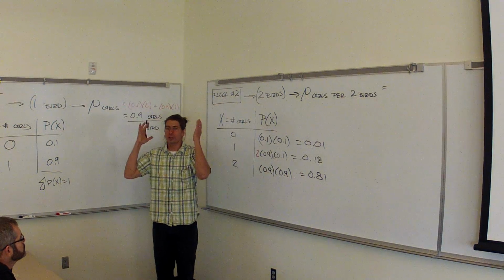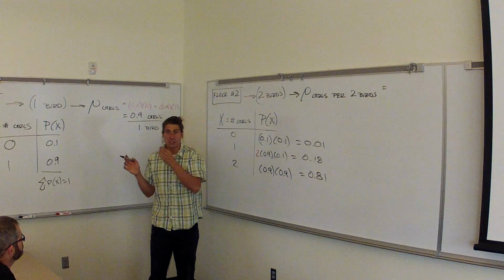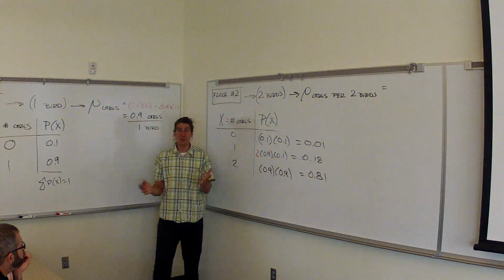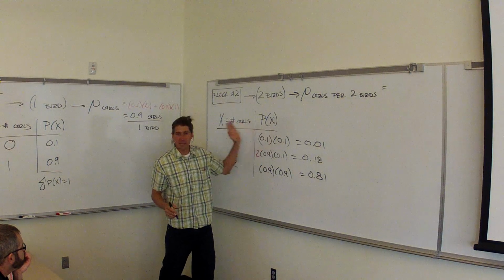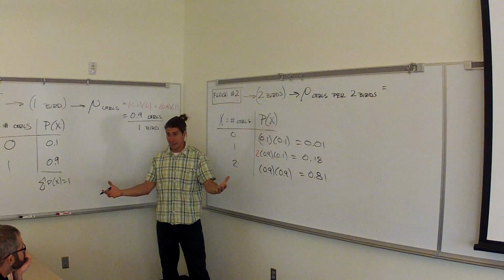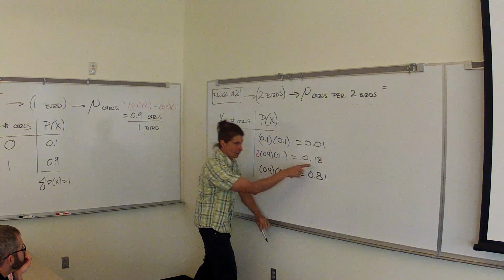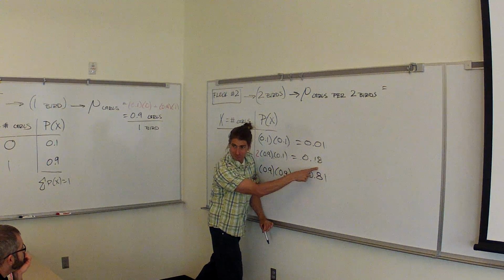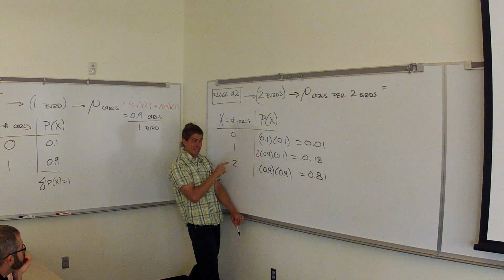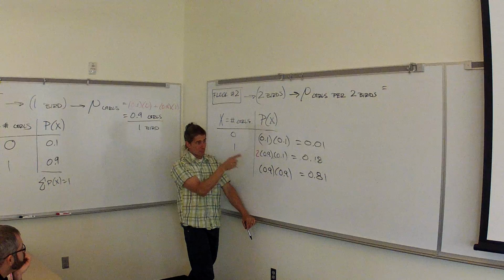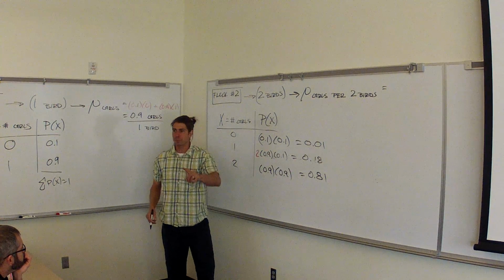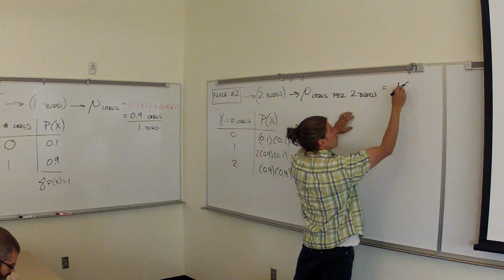You can always, my friends, go this times this, plus this times this, plus this times this. And if you do that, look what you get. You get 0 times that, that cancels. That's just 0. 1 times 0.18 is 0.18. So right now, this gives you 0.18 of a girl. So roughly 20% of a girl, ish, 18% of a girl. And you've got 2 times this. That's 1.62. 1.62 plus 0.18 gives you 1.8 girls